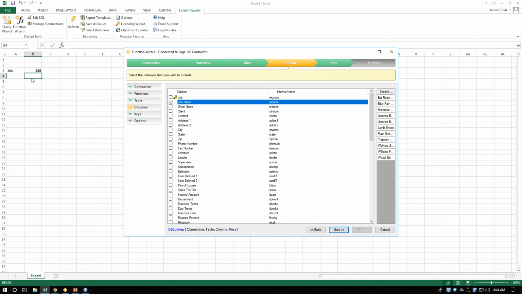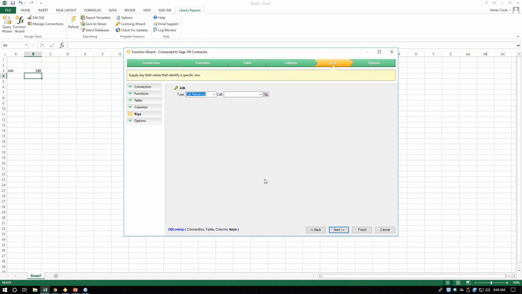Here's all the stuff I could pull, but I just want one thing right now. So I could click and grab a whole bunch of stuff. Hit next, and of course it doesn't know what job. It's going to say, well, what job? Now, I could change this to a literal value, and I could put in 186, and it would pull the